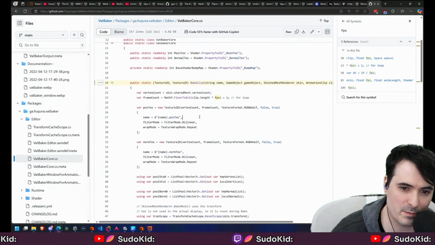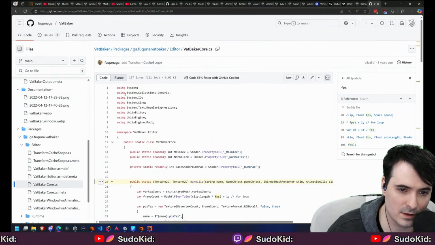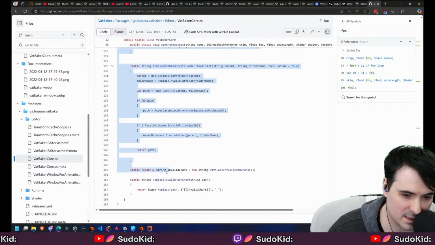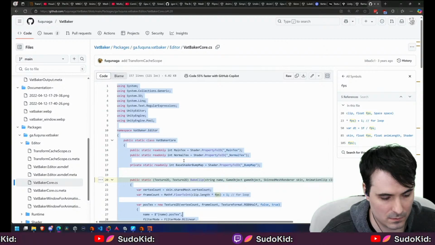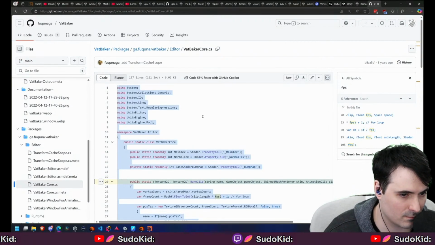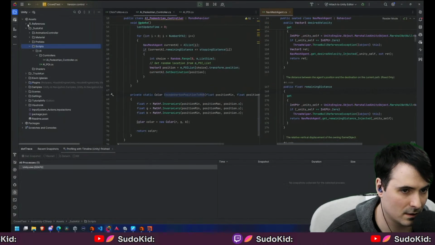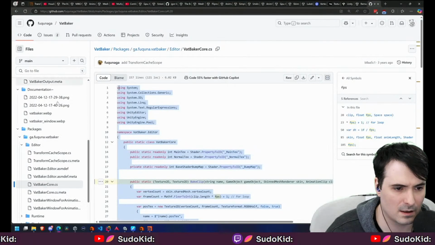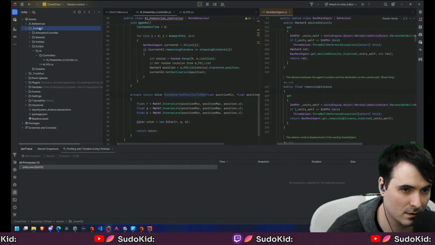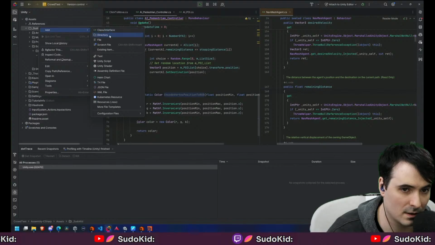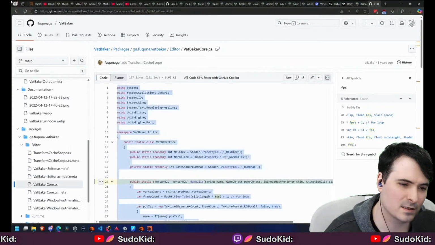Okay, yeah, this does all the baking. Okay, so Vertex, let's copy this and paste this into our thing. Here. And this is in editor. Okay, so we're gonna do... wait, so